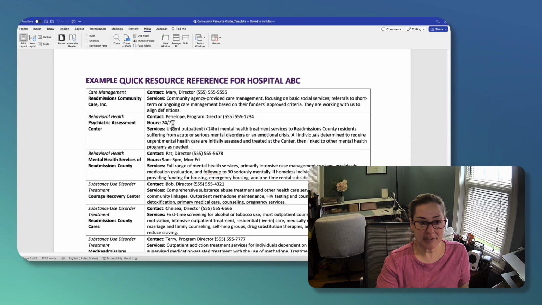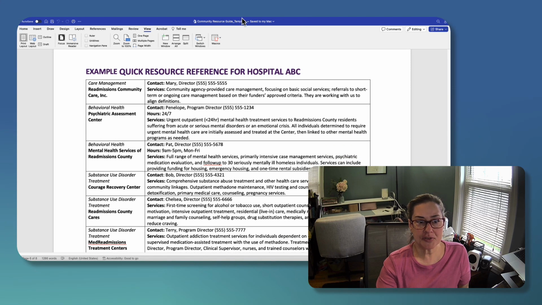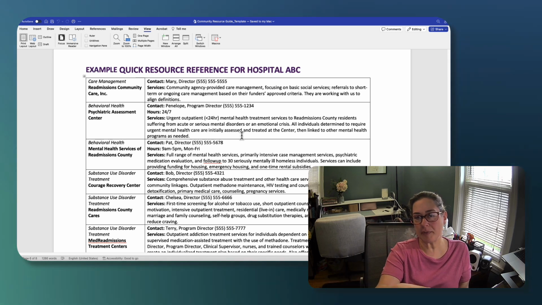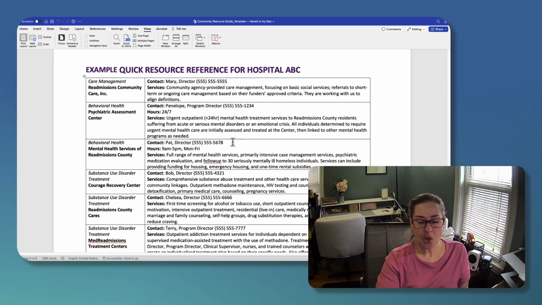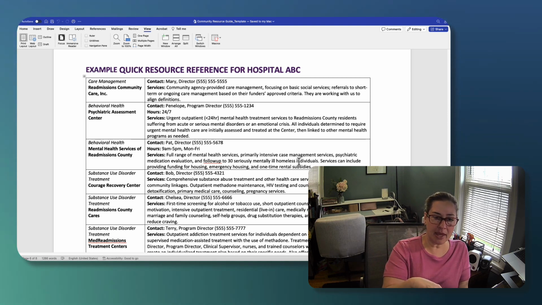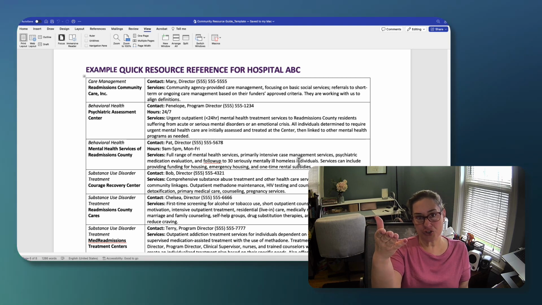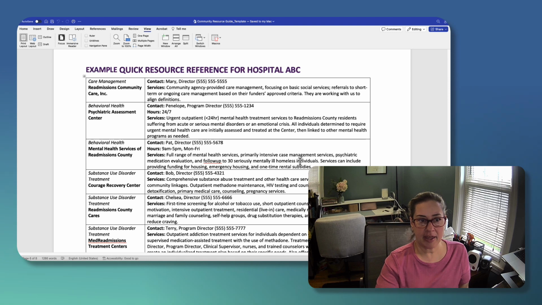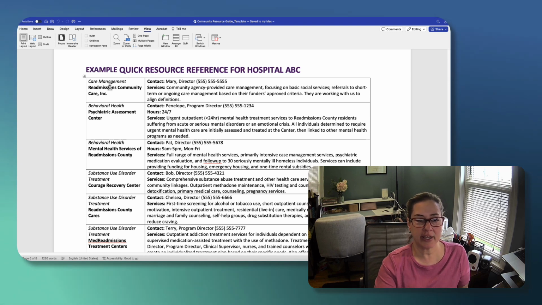And then lastly, this is an example resource reference. This is a hospital-based one, but you can personalize it for whatever setting you're going to be working in. It's just a different format of the other two resource guides I had above, where you can put the name of the organization, as well as the category, the contact person's name, and then a brief synopsis of services.